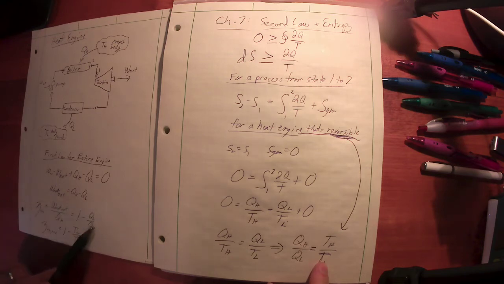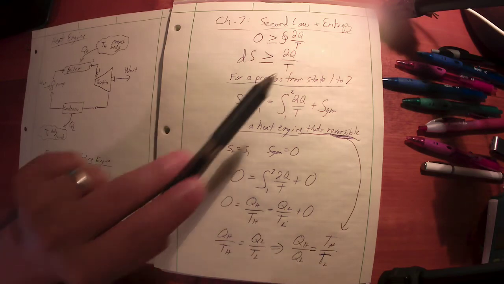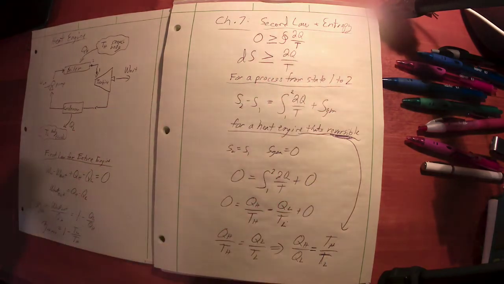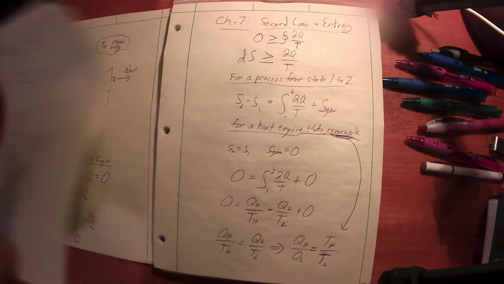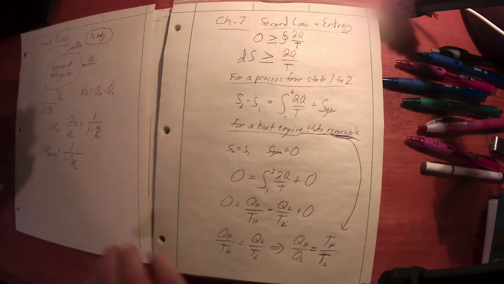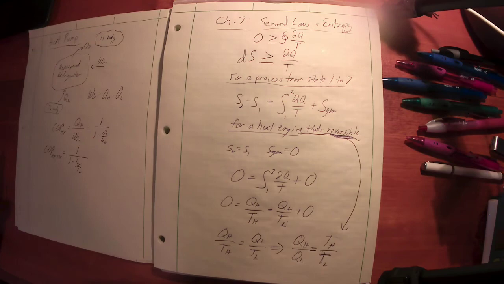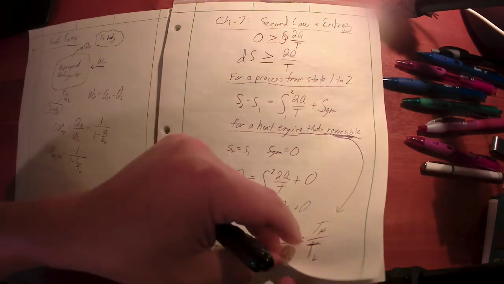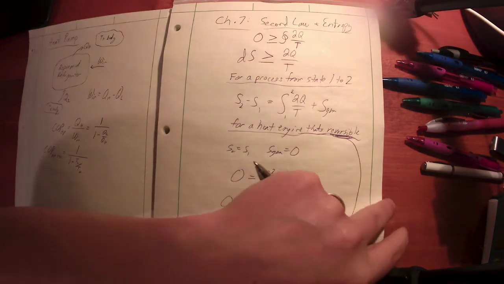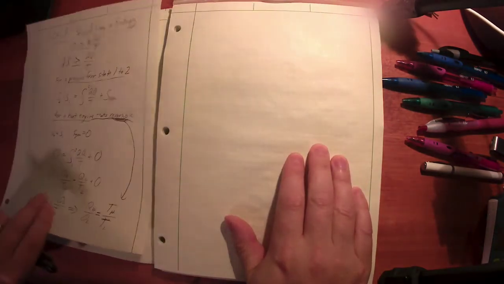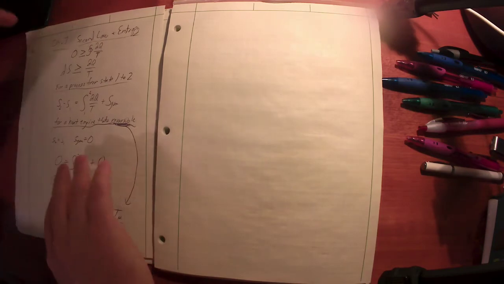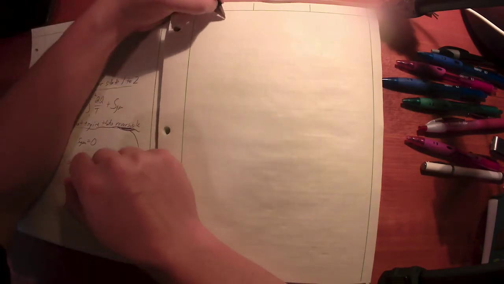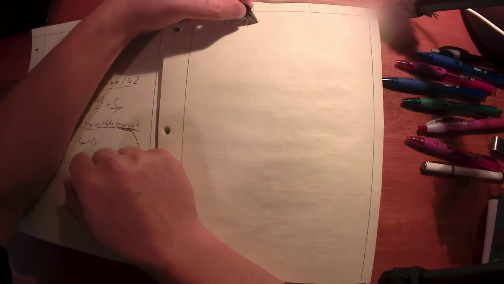Again, I'm not saying this temperature and this heat are the same. I'm saying the ratio of the heat is equal to the ratio of the temperatures if it's reversible. Okay? Kind of important concept there. Now, if we go back to this second law, this is kind of the most common form of the second law that we could use, because it's pretty common that we'll deal with a process from state 1 to state 2. So if we look at, again, repeating, for a process